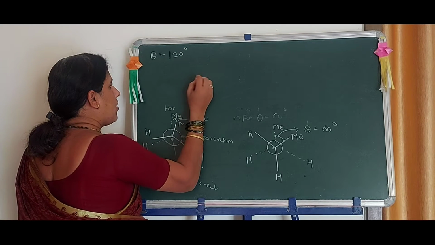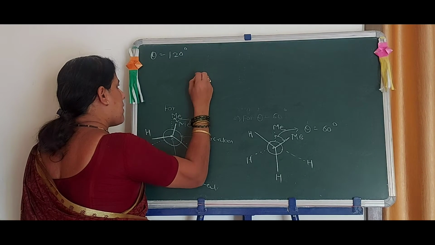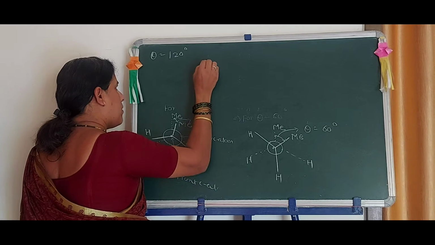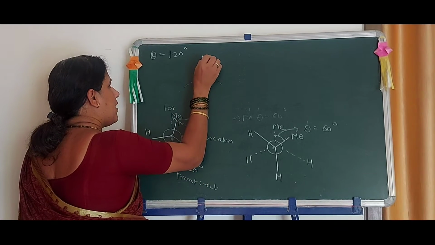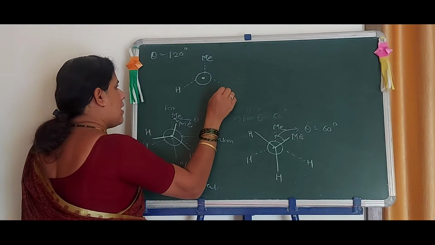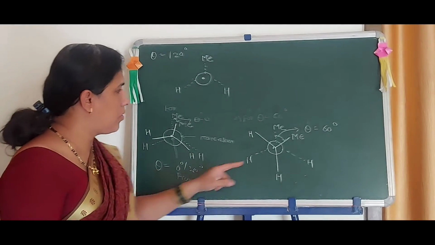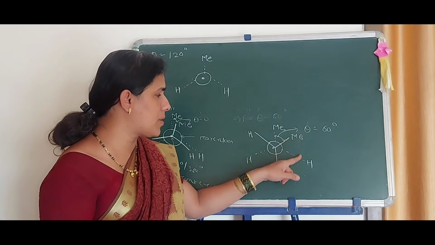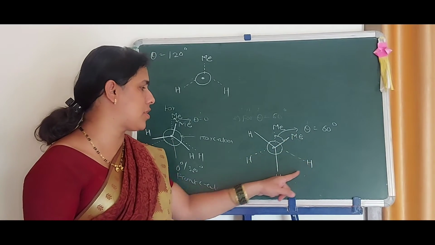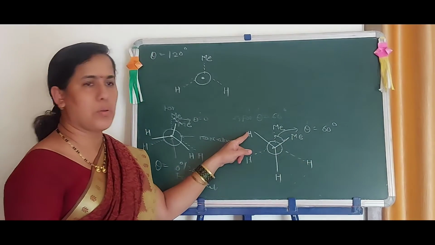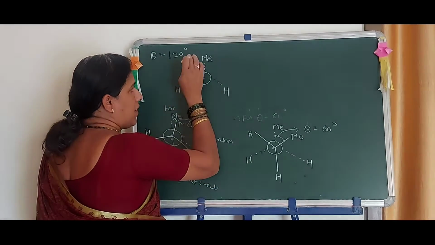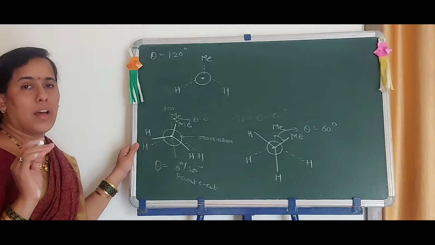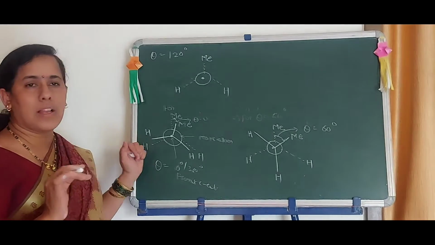Again we have to draw the dot here. Then the rear carbon atom. We have to first show the rear carbon atom without changing its position. Me, H, and here H. Now this Me group, or methyl group, is transferred to that position. This H is transferred to that. This H is transferred to here. Okay.